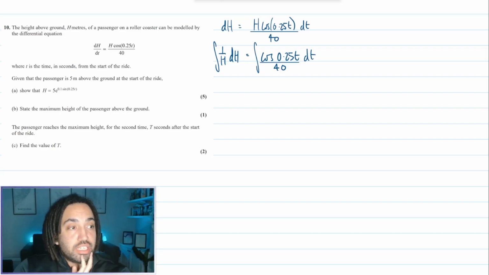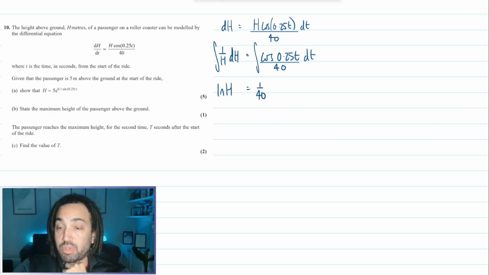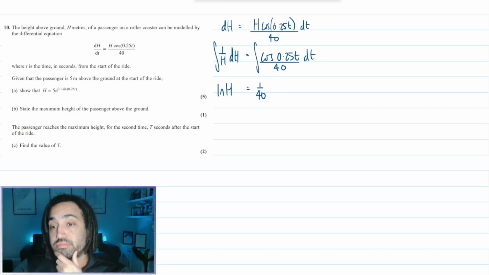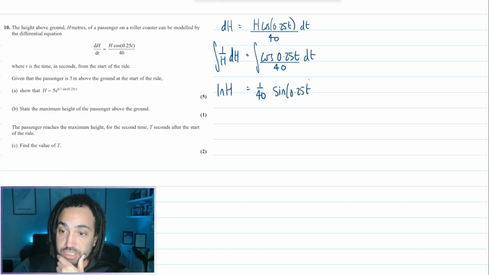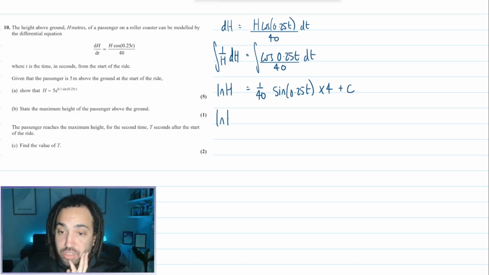Okay, so integrating the left hand side becomes ln h, and integrating this side, well, cos integrates to sine. We can take the 1 over 40 out, we don't need to integrate that. That's a constant. Like I said, cos integrates to sine, but when you integrate, you need to look at the input, which is 0.25t, and we need to divide by the derivative of that, which is 0.25. So we're dividing by 0.25, which is the same as timesing by 4. And then we write plus c on one side of our equation. We need to do it on one side. Okay, so overall we have ln h is equal to, this becomes 1/10 sine